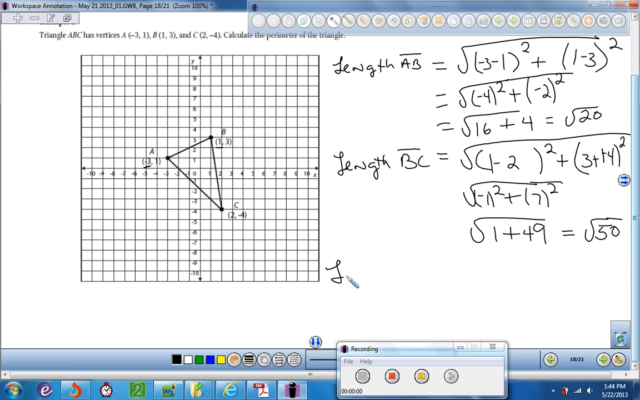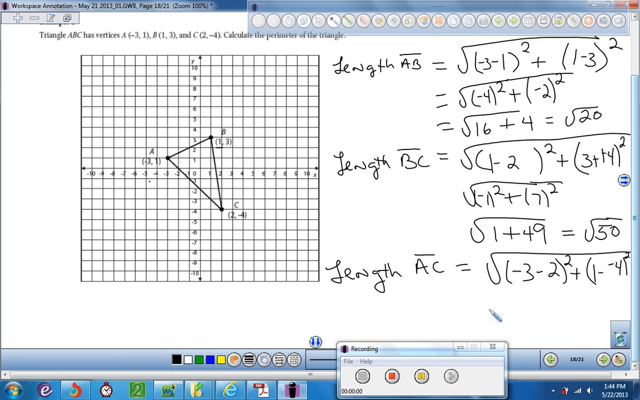Okay, and now let's do the length of AC. And that'll give us the lengths of all the sides of the triangle, and then we just got to add them together. Alright, now for this one, I'm going to have negative 3. I'm going to do my x's, so let's go negative 3 minus 2 squared plus 1 minus negative 4